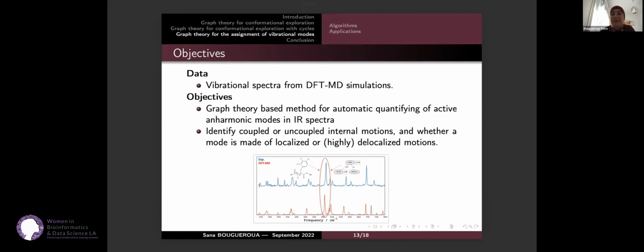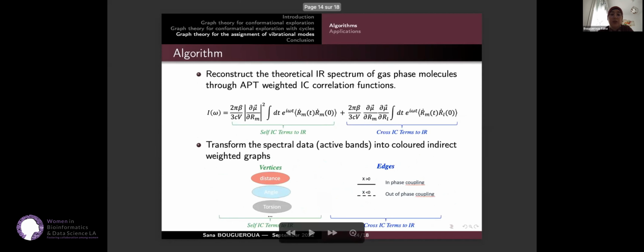So the third application is destined to the vibrational modes. What we try to do is, from the IR spectrum, construct a colored, weighted, and directed graph, where the vertices now represent the motions, the internal coordinates. So we will have distances, angles, and torsions, and we use color to distinguish those types. And the edges will be the